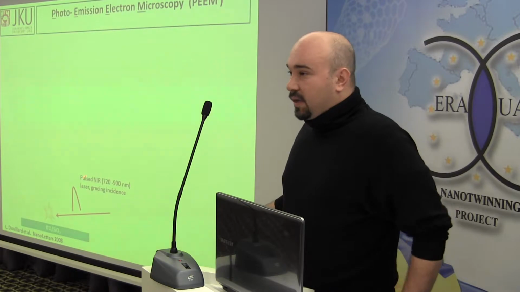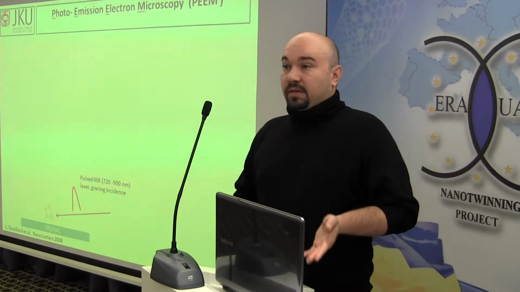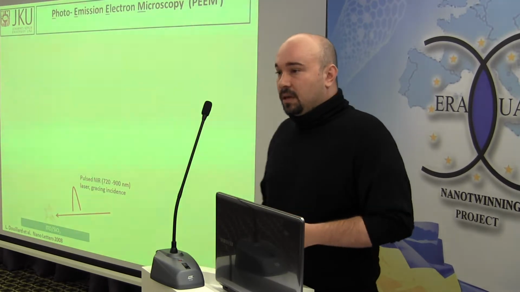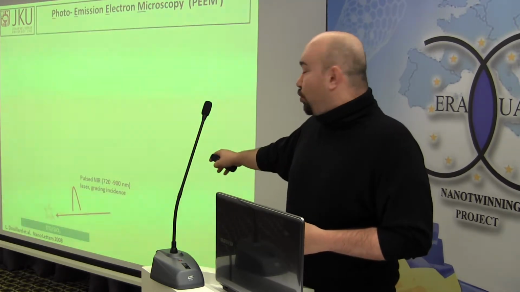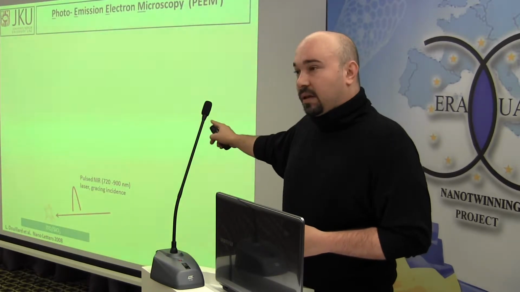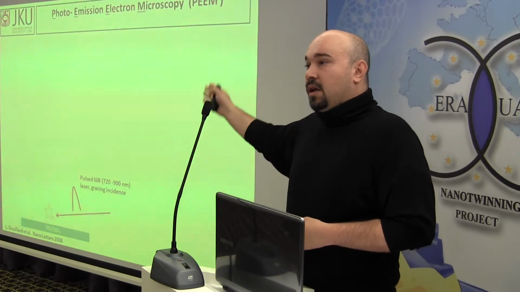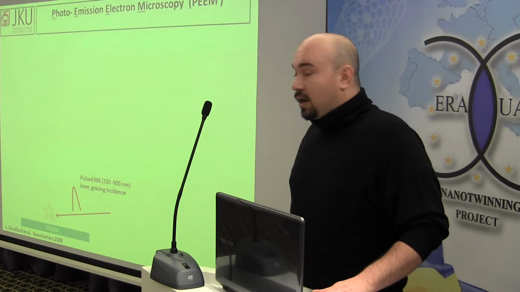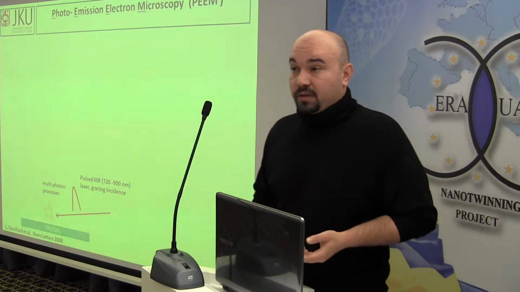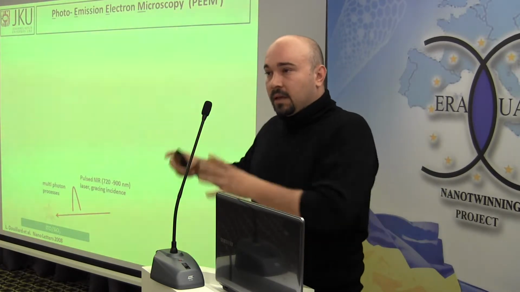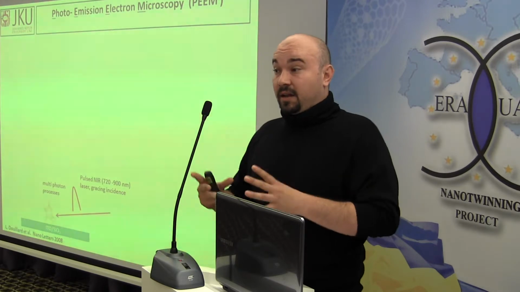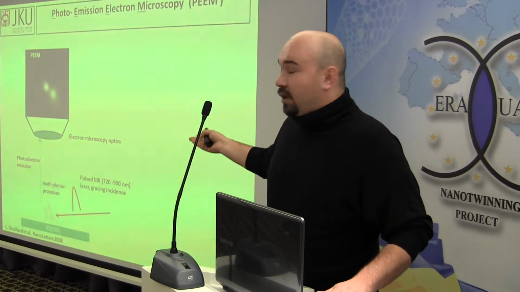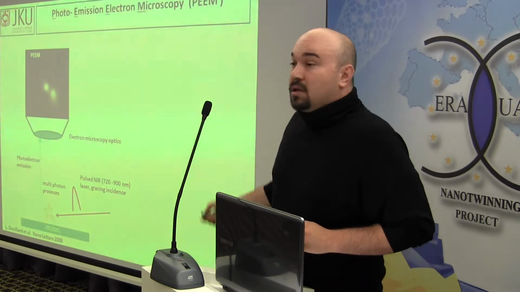We use a pulse laser with a wavelength around 720 to 900 nanometers in order to match the plasmon resonance. Since we are exciting with optical frequencies, we can change exactly the polarization of our excitation. Afterwards, after a multi-photon process, exactly 3-photon absorption, in the region where the field enhancement is high enough, photoelectrons are emitted, and these photoelectrons we can map with a photoelectron optics, and what we get is a spatial resolution of